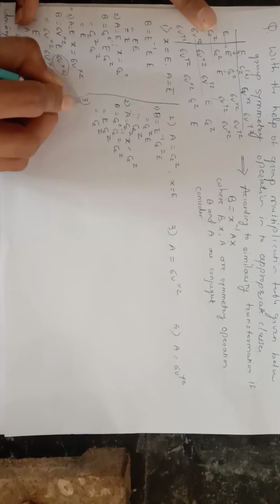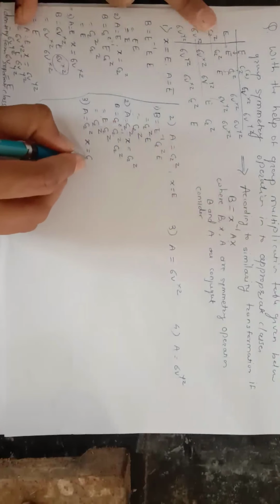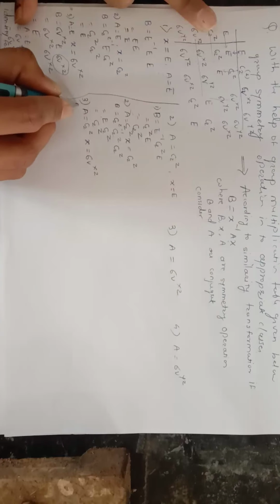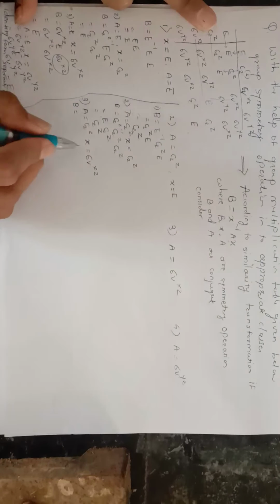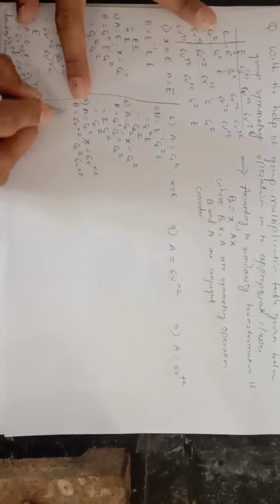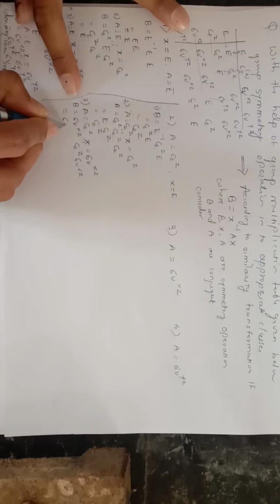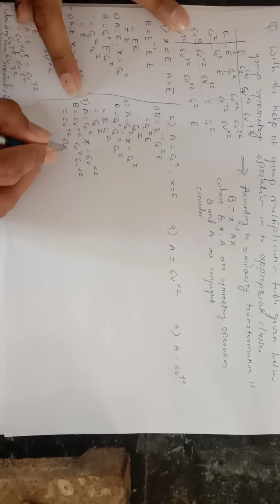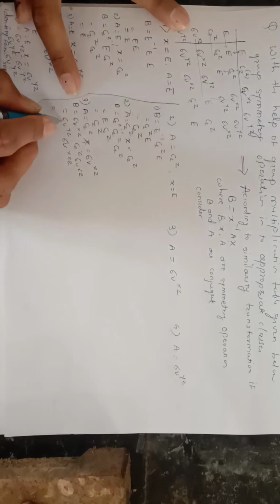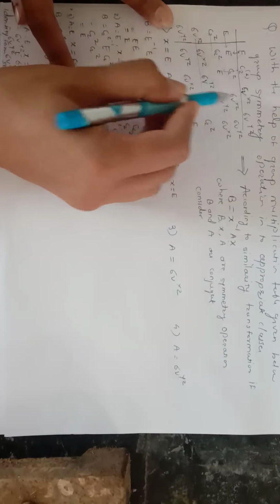Then the third calculation: A is equal to C2Z and X is equal to sigma V XZ. Then B is equal to sigma V XZ inverse, A means C2Z, and X means again sigma V XZ. Sigma V XZ into C2Z, we get sigma V YZ, and again you have to write the remaining sigma V XZ. Then sigma V YZ into sigma V XZ,